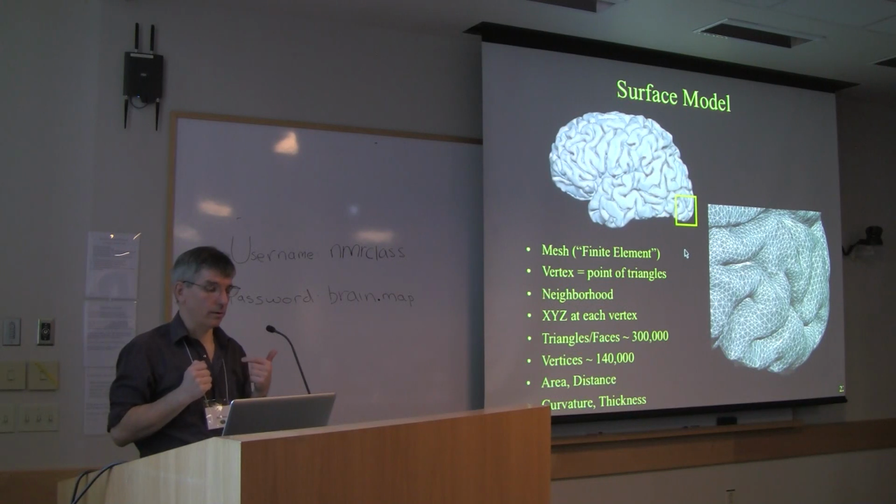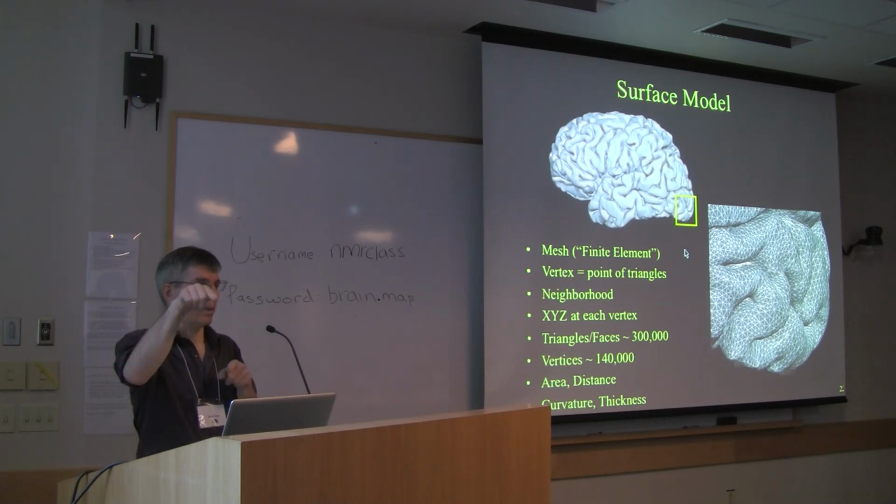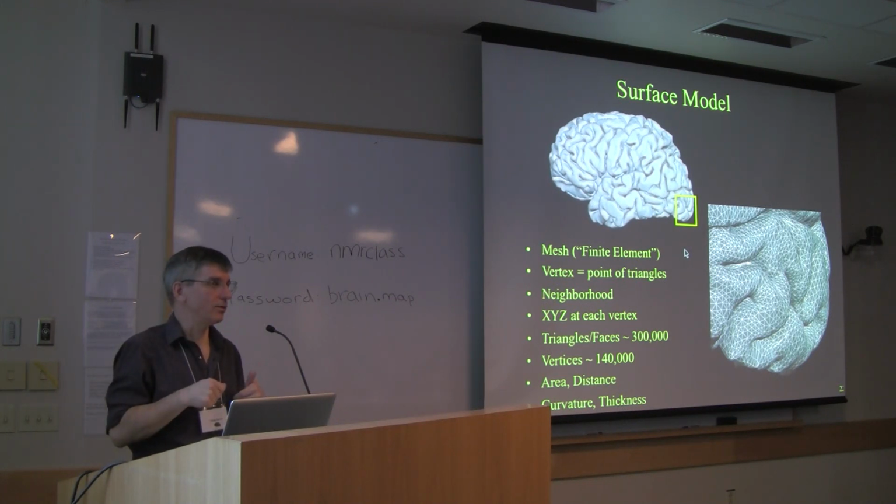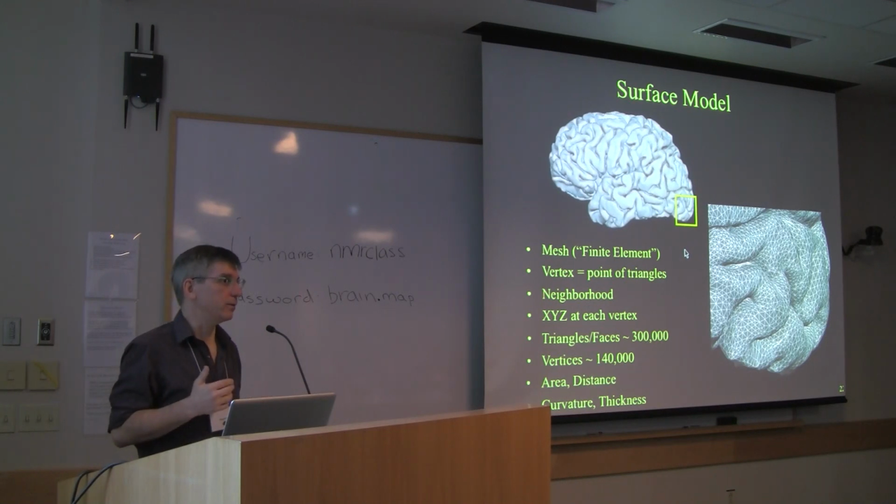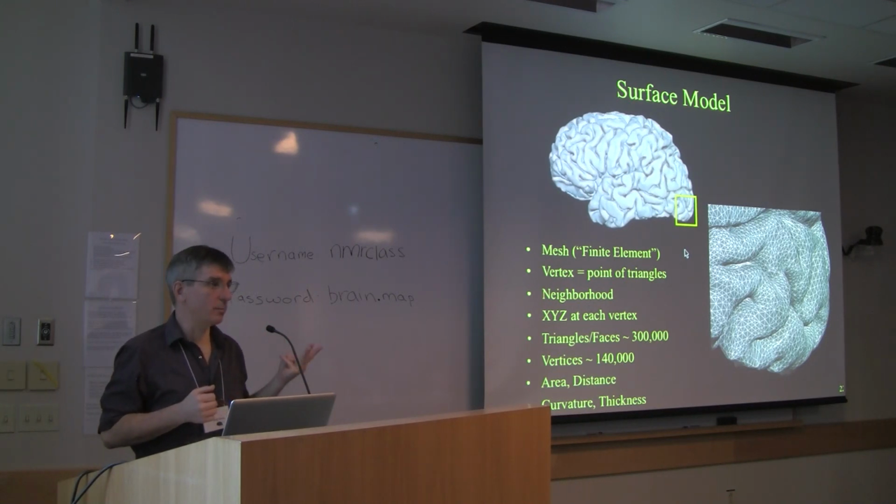And where these triangles meet is called a vertex. Each vertex has a neighborhood, meaning that it has some number of vertices that are connected with it. Each vertex has some XYZ coordinate. And those are the things that define what the surface model is. So a surface model has 3 aspects to it. It's a list of vertices, the nearest neighbors of those vertices, and the XYZ coordinates